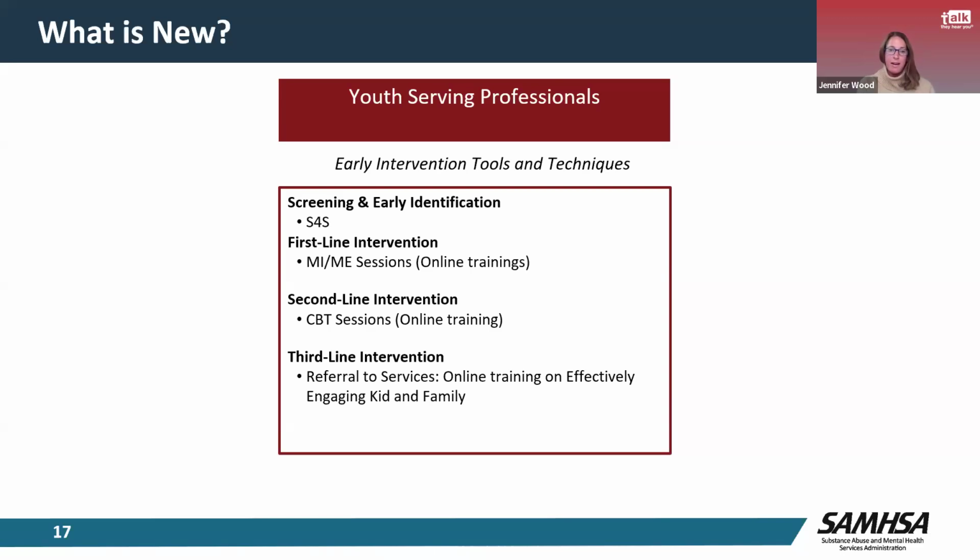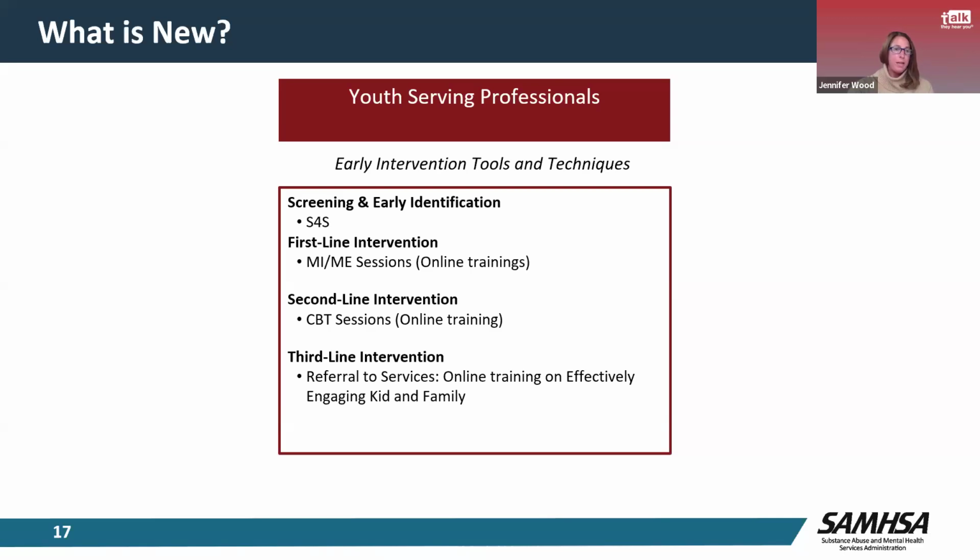It will help you flag if there are any concerns for elevated risk around health and wellness, and if you need to move on to some early intervention services. The hope is that screening catches any concerns early, before they progress. Again, it's no different from getting your blood pressure taken. And we'll just walk through the different steps of the package for youth serving professionals.